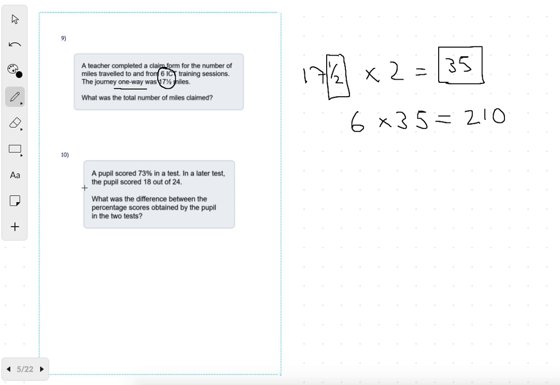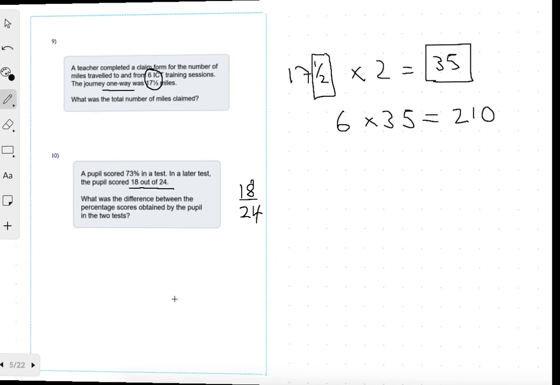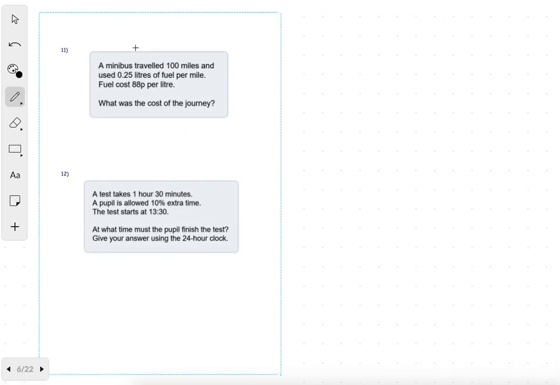Question 10, there isn't a huge amount going on in that question. You can just use your fractions as normal and simplify 18 over 24. I don't see any particular common mistakes in question 10. Question 11,